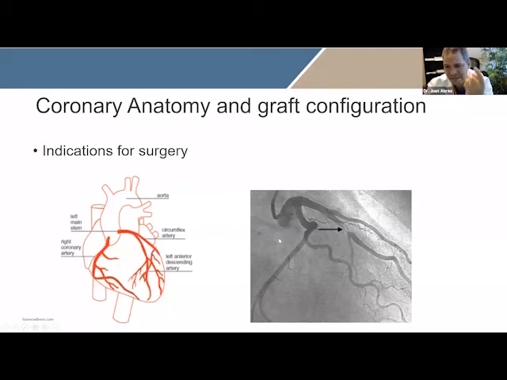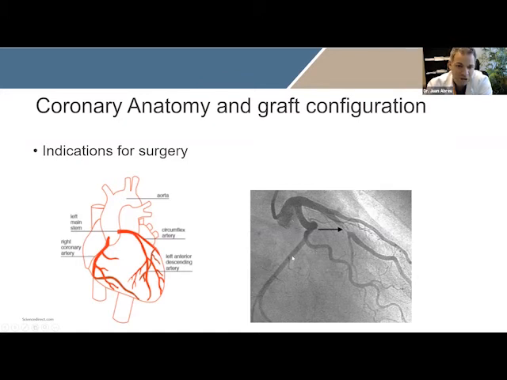And remember, we talked about the size before of the blood vessels. So just to give you a perspective, this is a zoom picture. This catheter is 2 millimeters, all right? So we know we can do something about 1.5 millimeter and above. So we will compare this size to this size, and we say, all right, that's a suitable target. We can do it there. But let's say you compare this size to this, right? No one will go after this because it's not going to last any time, right? So that's how we know if you're suitable for bypass surgery, based on the size, based on the location, and the degree of the stenosis.